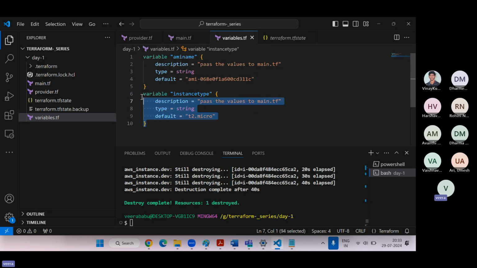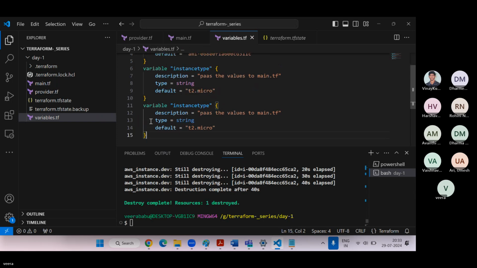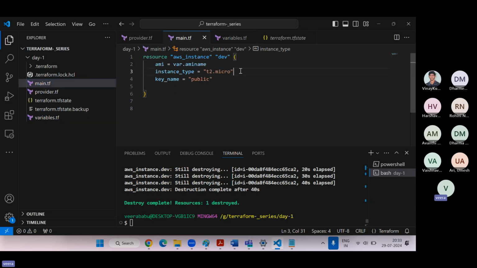And same thing, you can create one more variable: key name. So my key name default value is public. So here instead of hard coding, simply I can call var dot.